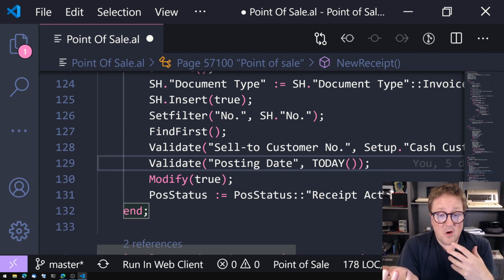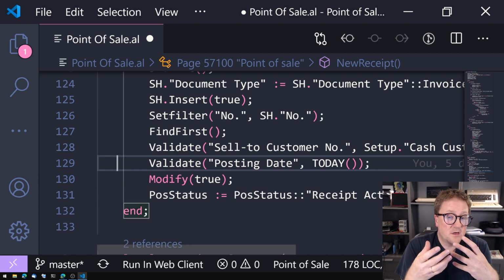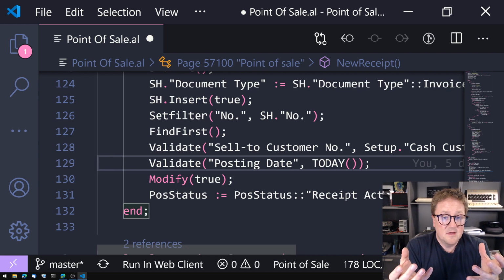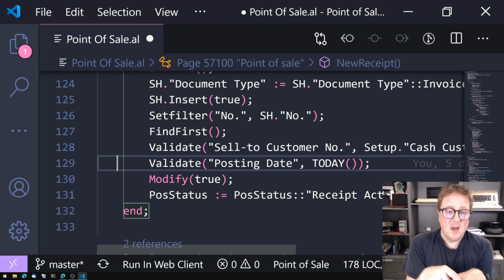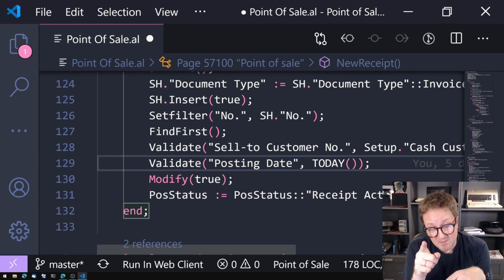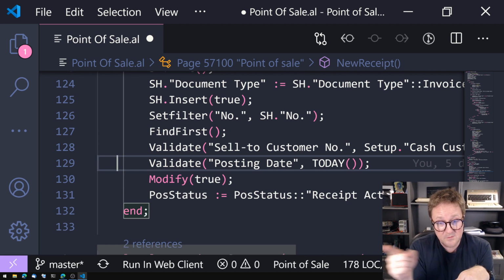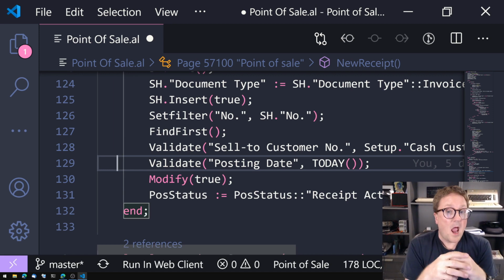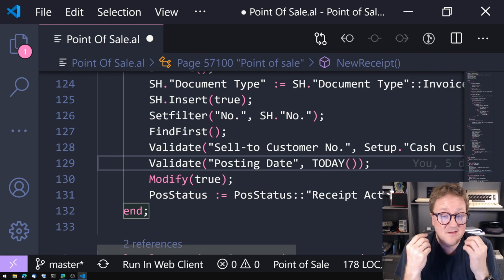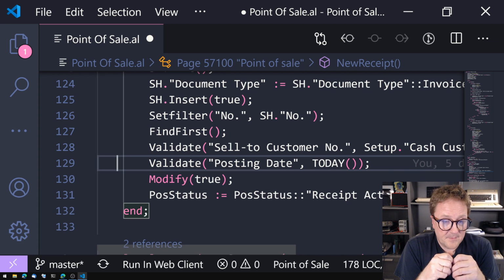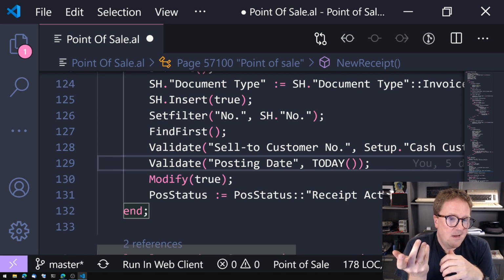So very often when I'm doing a process like this, I ask my client, can you do it manually? And they say, okay, this is how I create the invoice. And I write down, okay, they entered something in that field, and that field, and that field, and they use those 3 fields on the lines and so on. And I do the exact same thing in code, because then I know that the result is exactly what the customer wants. So that leaves basically lots of questions, but there's one major question,